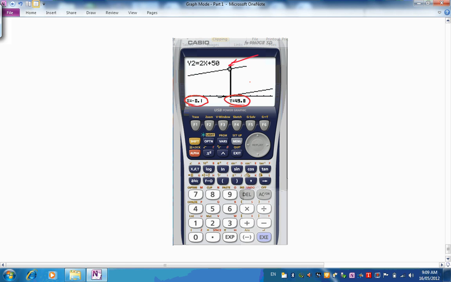So we can keep moving in either direction along either of the graphs to investigate other points. This is quite a handy application that the Casio's got here. So you'll use this quite a bit later on in mathematics to explore points and other properties of points on graphs. All right, so